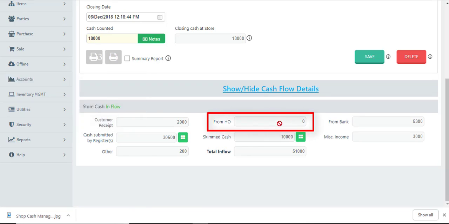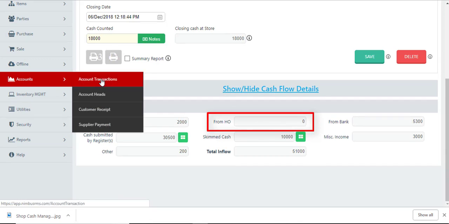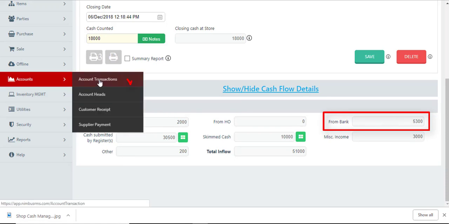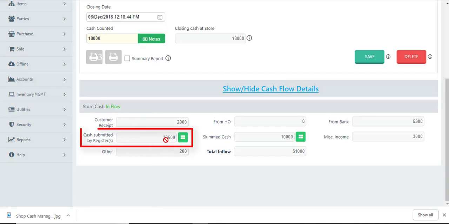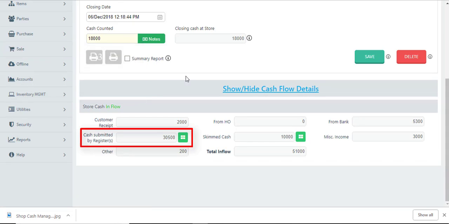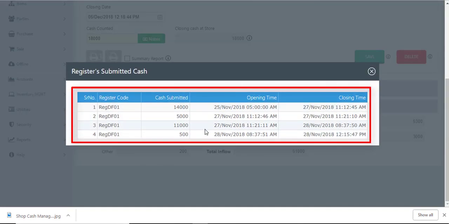Then the cash received from the head office, accounting transaction screen, and cash withdrawn from the bank, again accounting transaction screen. Cash submitted by the registers, while doing the shift management, at the end of the shift, is the cash submitted by the cashiers, and we can see the detail here.